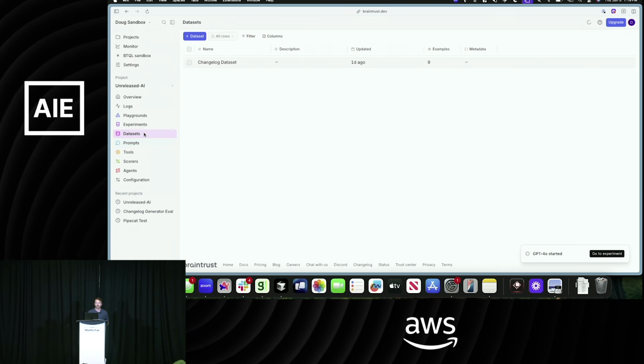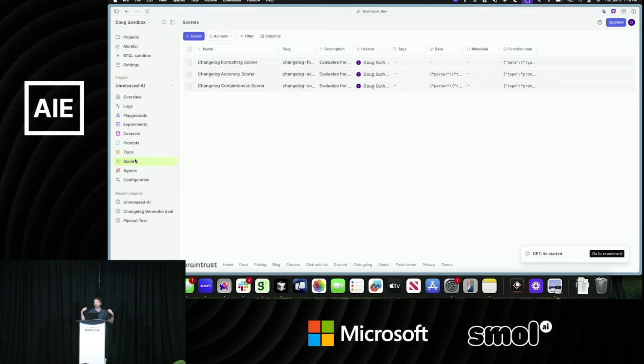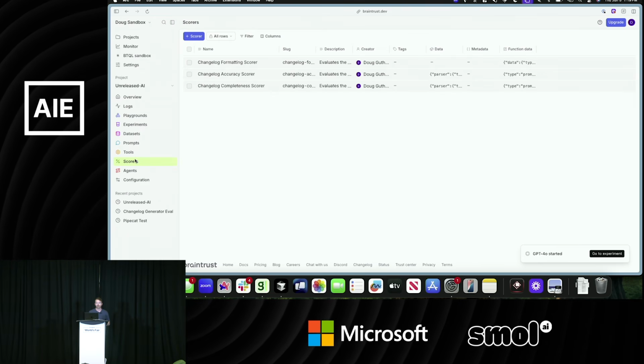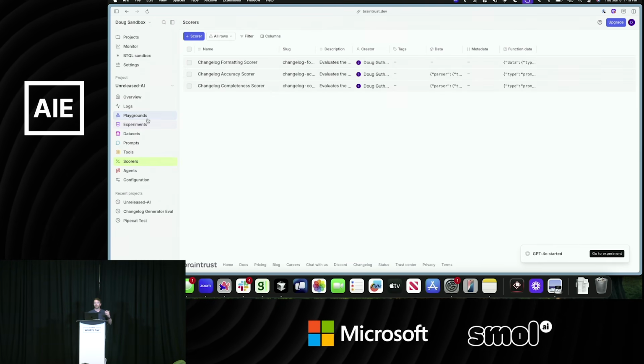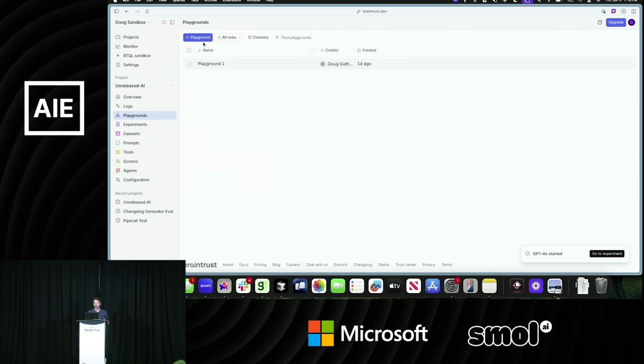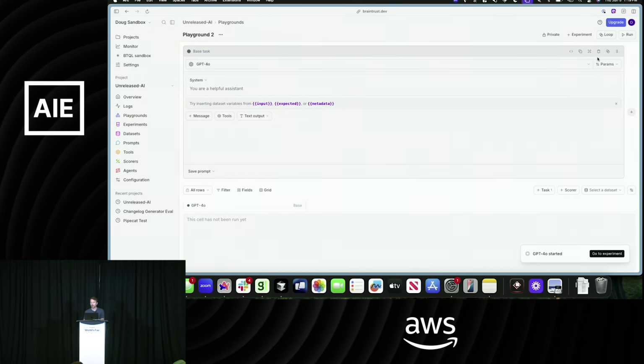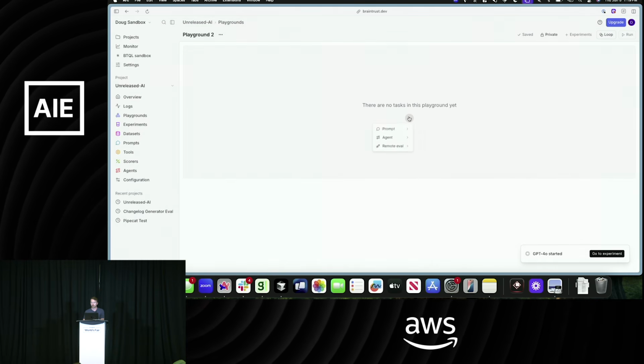I've also created a data set in that code base, and I've also created some scores, right? These are the ingredients that we need to run our evals. So now when we have those different components, we're able to start to iterate here. So I'm going to create a net new playground, and I will load in one of these prompts.